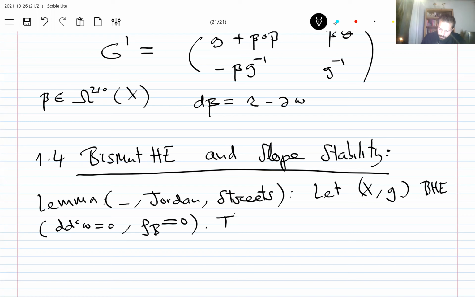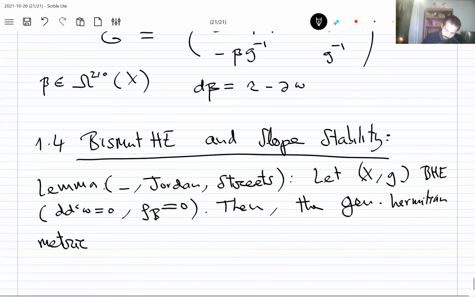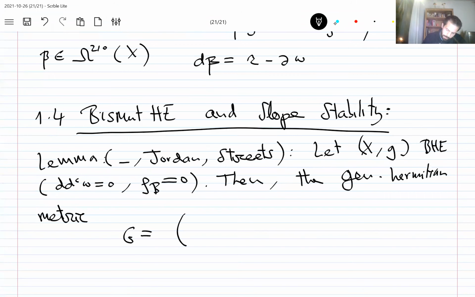Then the generalized Hermitian metric G, given by this formula, on Q,